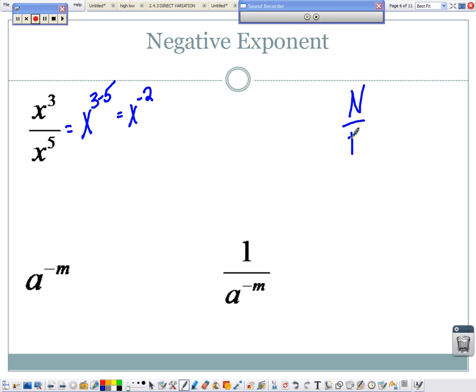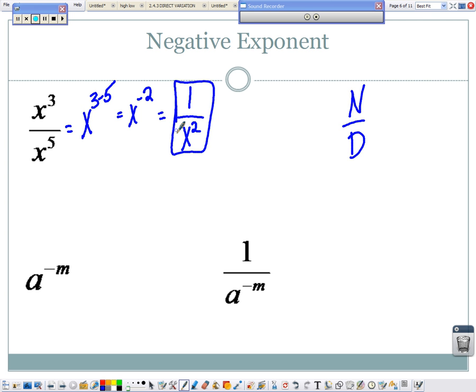So for example, if it's in the numerator, you're going to move it to the denominator. If it's in the denominator, you're going to move it to the numerator. So this one right now is in the numerator, so I'm just simply going to change its position since, I refer to this as upstairs and downstairs. So it's in the top part of the fraction. I'm going to move it to the bottom part, and I have to put a 1 on there as a